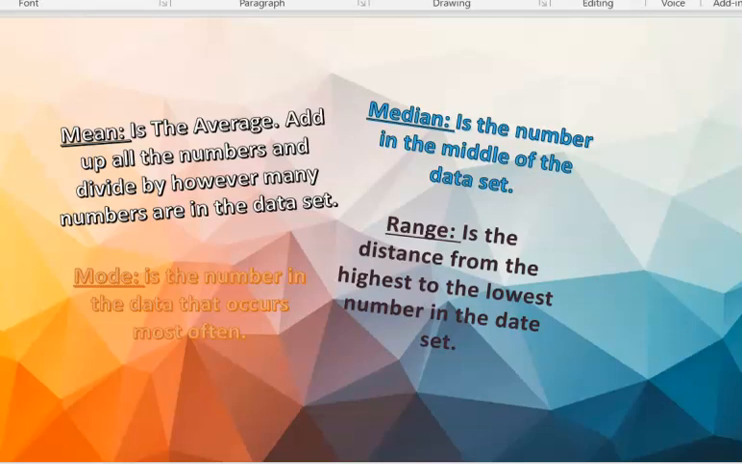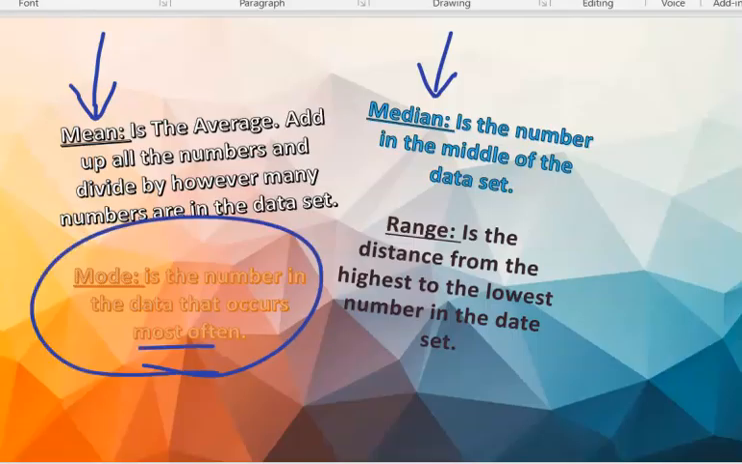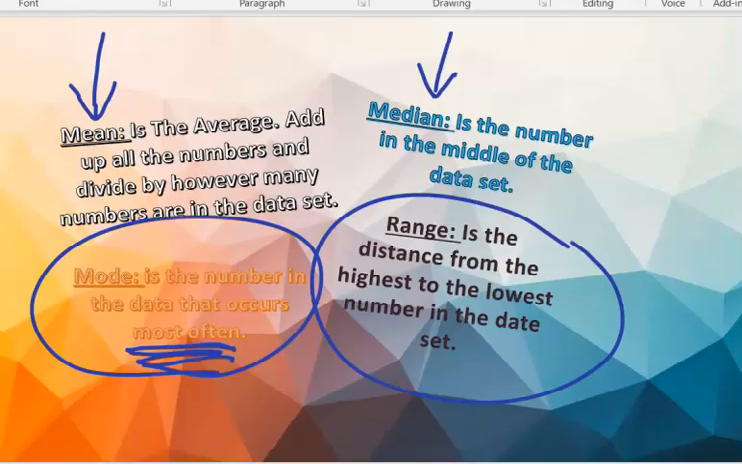But real quick, let's remember the mean is the average, which means we add them all up and divide by the number in the data set. Median is the number in the middle. And just for good measure, mode is the one that happens most often, and the range is the difference between the highest and lowest. But these are the two we're going to be doing right now, the mean or the average,